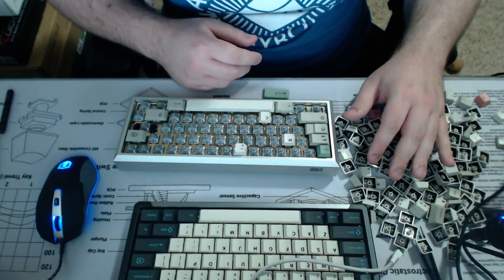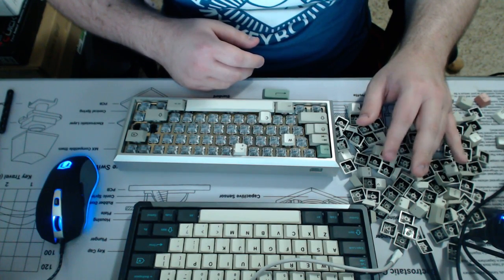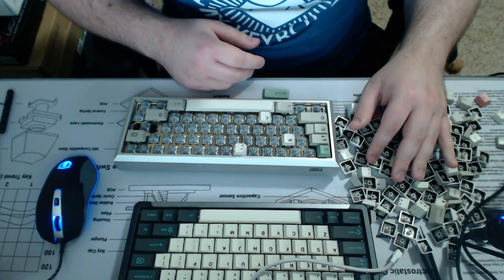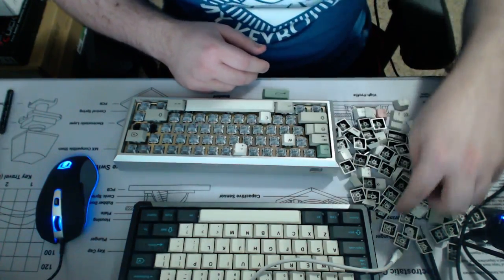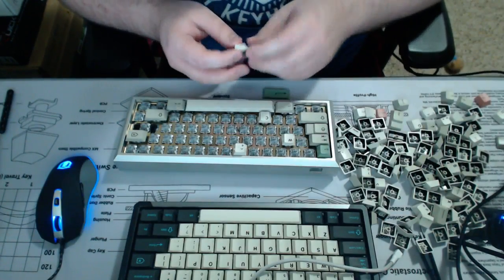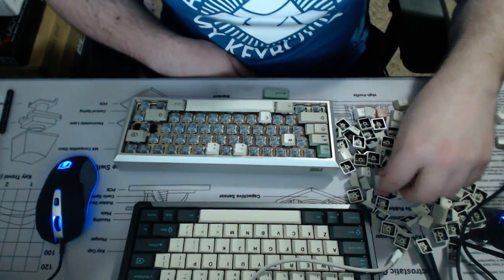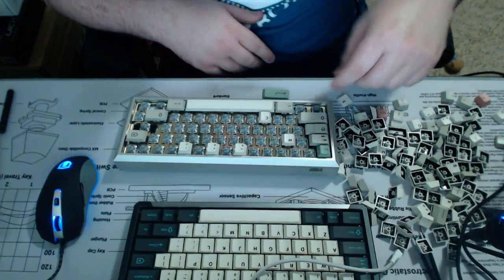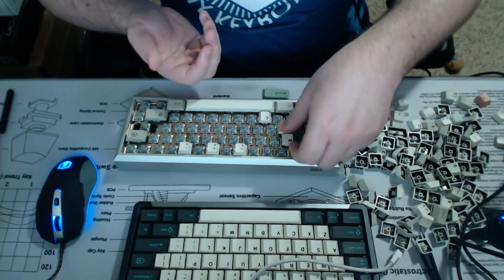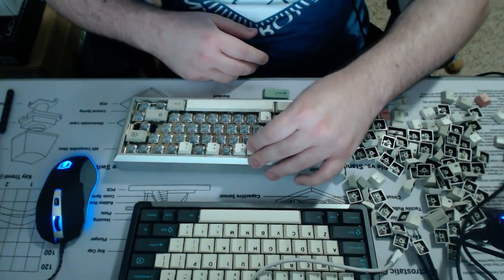What are you guys talking about in the chat? Is lubing brand new switches really bad? No, not necessarily. I like to experience them as they come from the factory, so I get a better idea of what they're going to feel like with some modding, and I kind of have a frame of reference. Typically I do lube my linears, so...